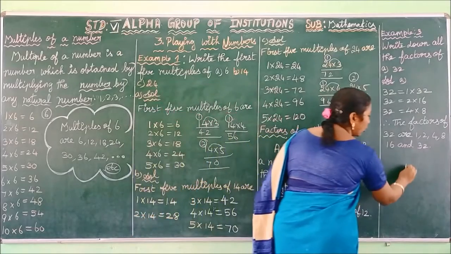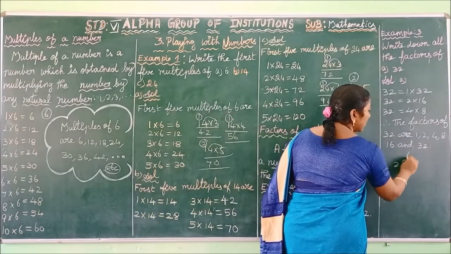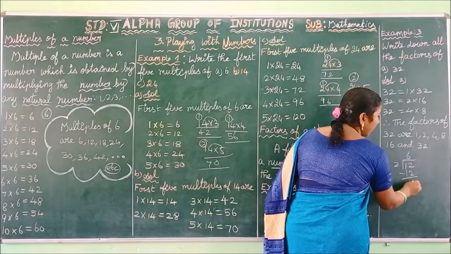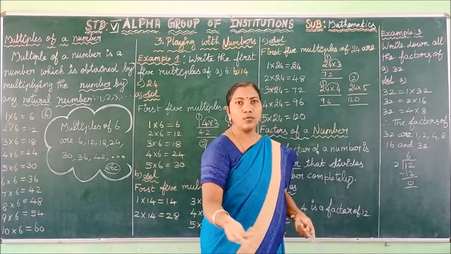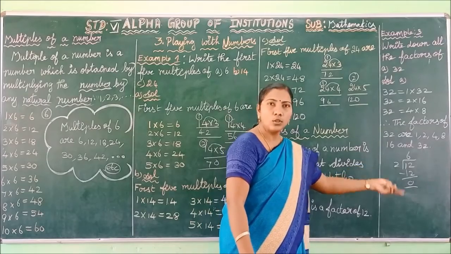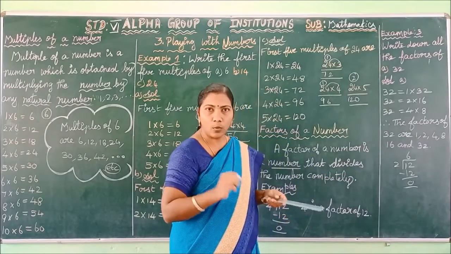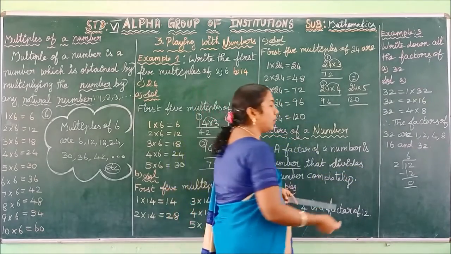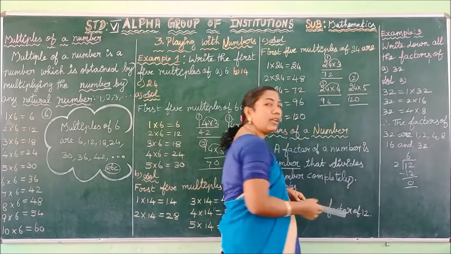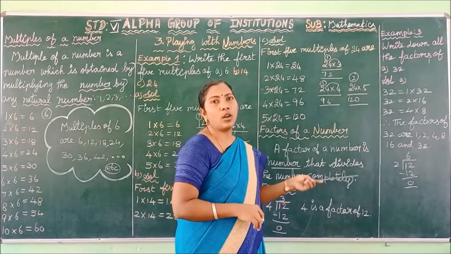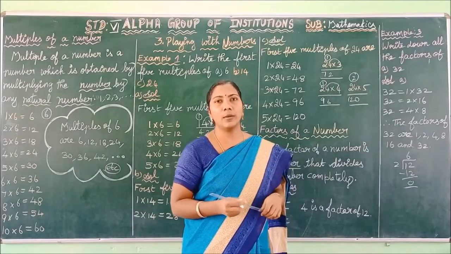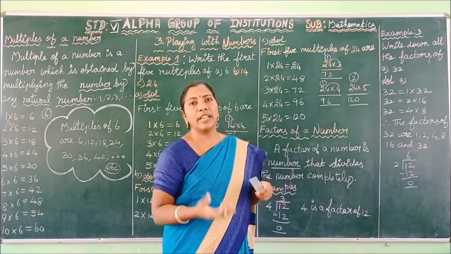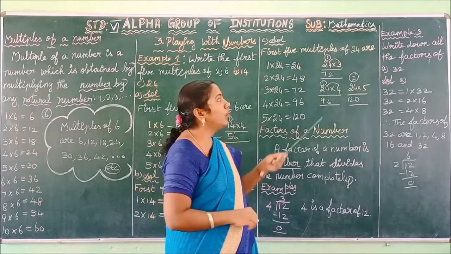Similarly, if you divide the 12 by 2, you get 6 2s are 12. So the remainder is 0. So you can call 2 as the factor of 12. That is 2 is a factor of 12. Similarly, if you divide the 12 by 1, in that case also you get the remainder 0. Similarly, we can find many factors of 12. Okay, there is a method to find the factors of a given number. Let us see how to find the factors of a given number by doing one problem.